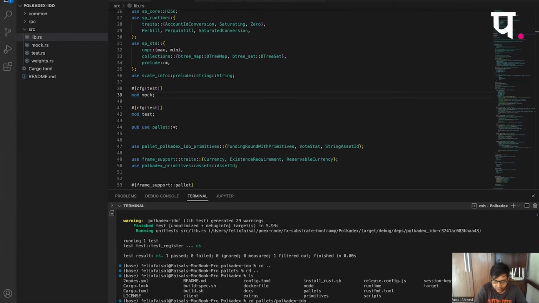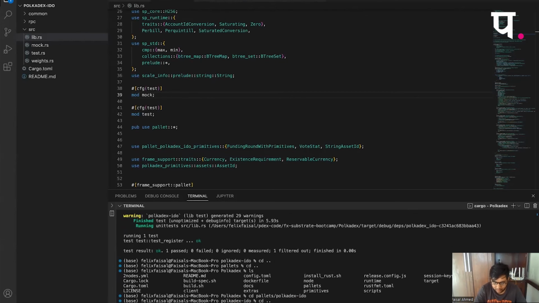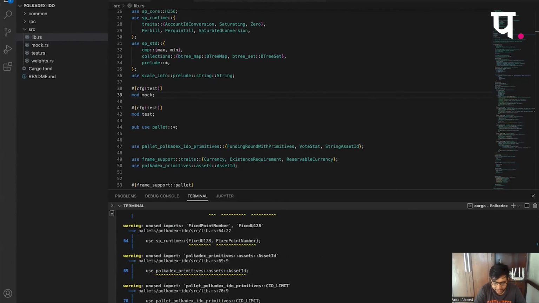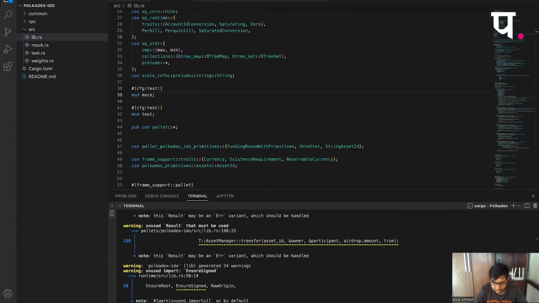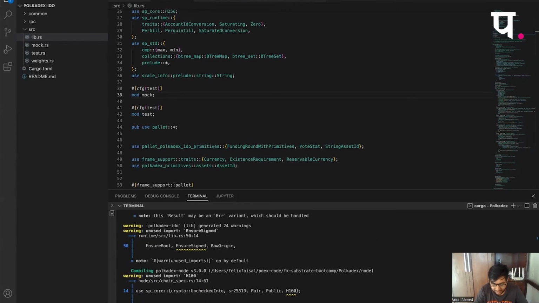So you can just do cargo build release over here. This will compile the entire node for you. Since I've already done that, depending on the hardware of your machine, this may take like a minute or even up to 10 minutes, because Rust compile times are not quite fast. Since I've already compiled it, I think I'll just quit this.